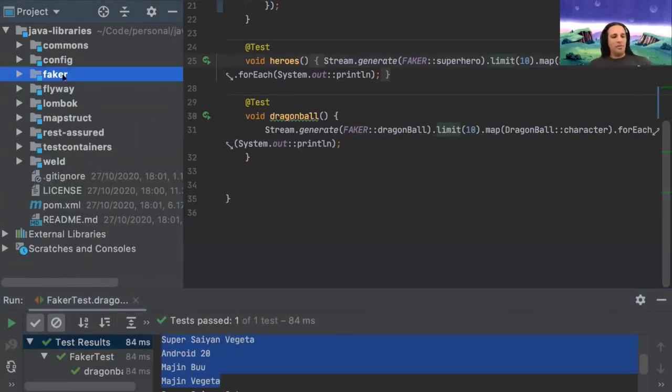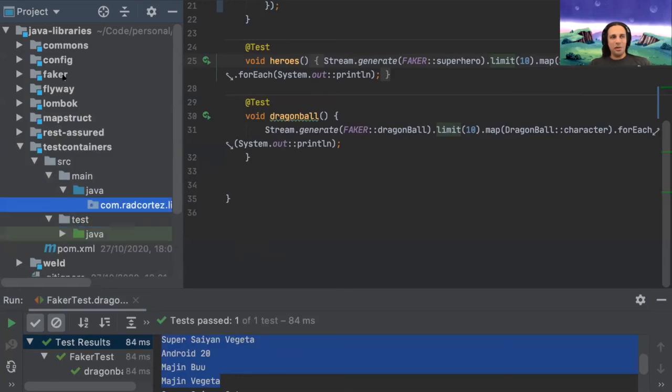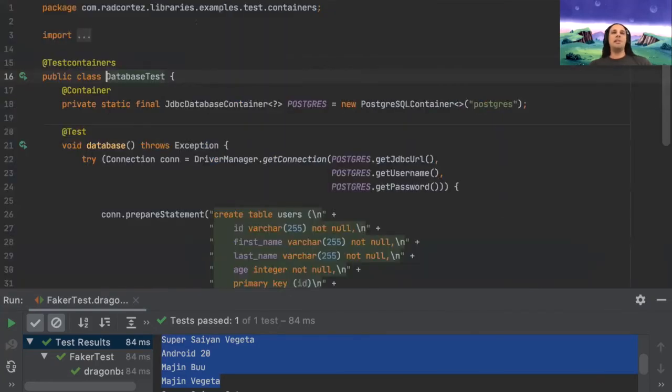I'm pretty much almost out of time now, so let me show you one of the last ones: Testcontainers. I really love Testcontainers for testing. Testcontainers allow you to actually run a Docker container when you're running the test. In this particular case, I'm running a Postgres database with my test, meaning that I don't have to set up any